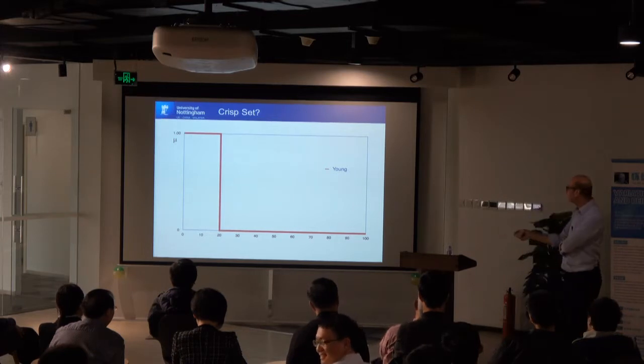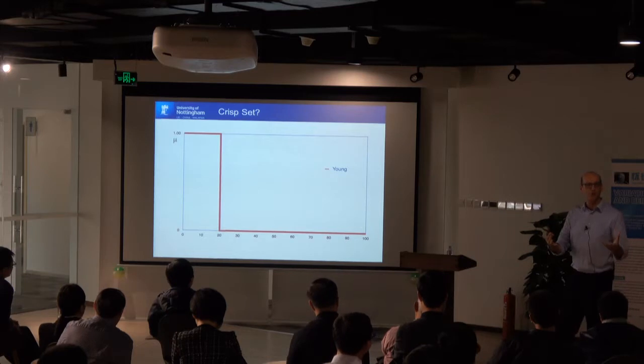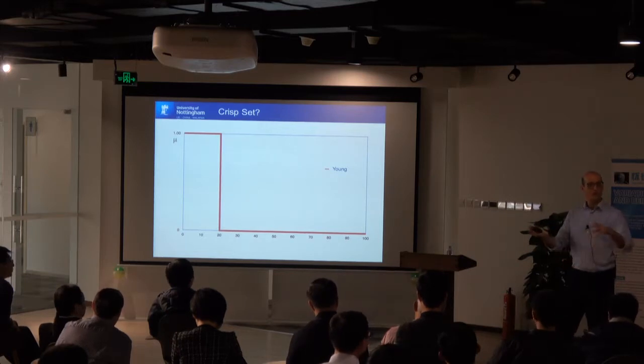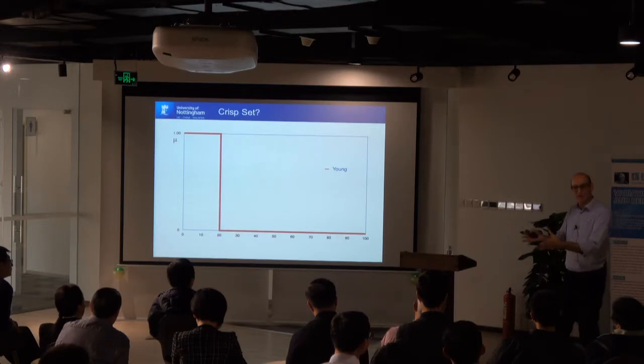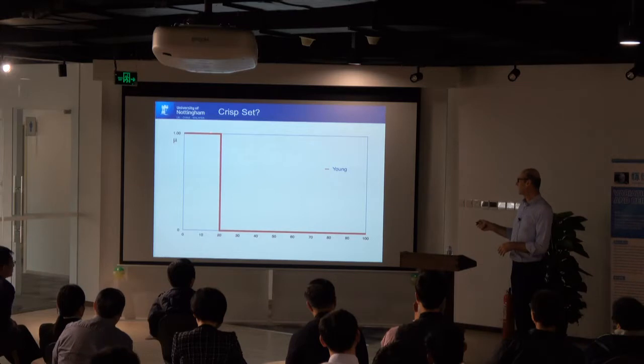Lockvizada said, well, but no, how do we define the set of young people? We use the term all the time. We talk about young people, we talk about old people. So surely there's a set of old people if we talk about old people. So this is a set of young people.